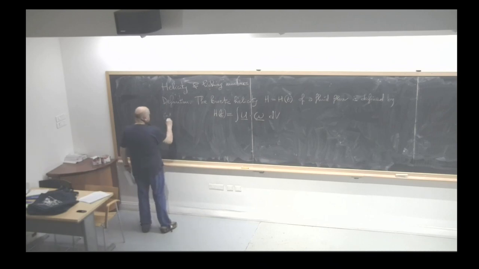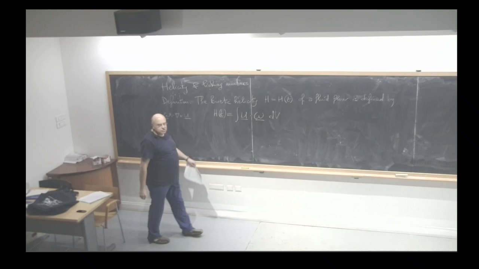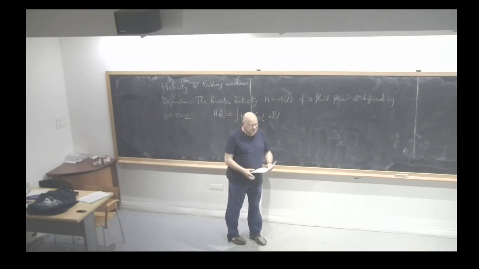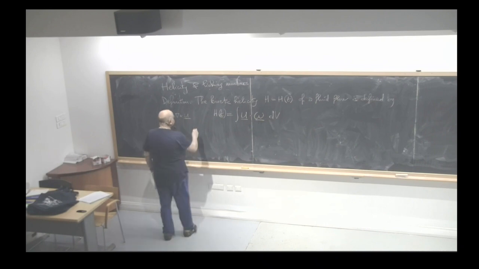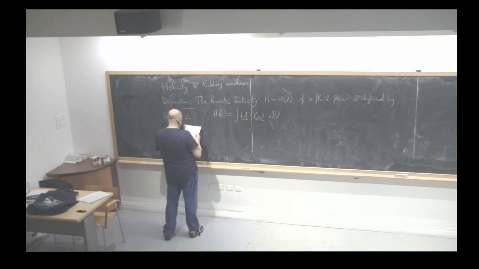Omega being, as usual, the curl of u, and the underlined quantities denote vectors. Okay, but we need to be a little more precise in this definition,